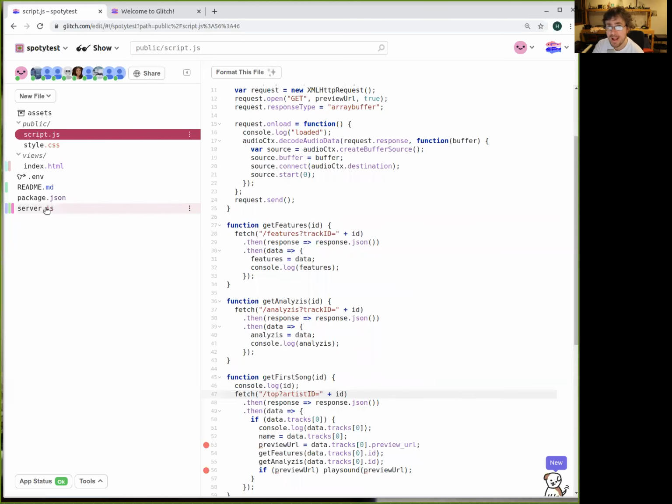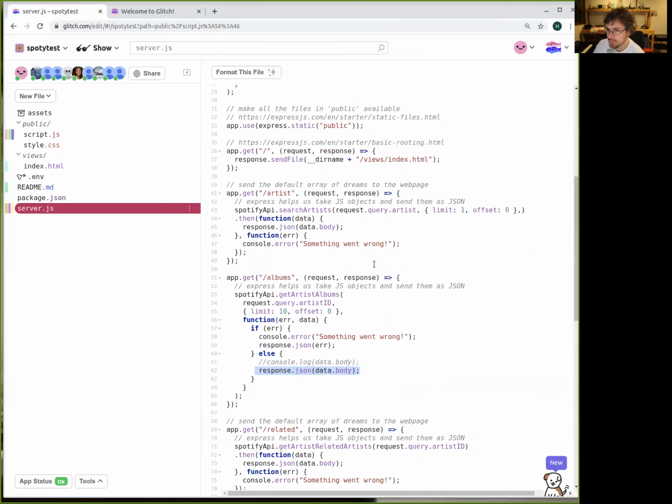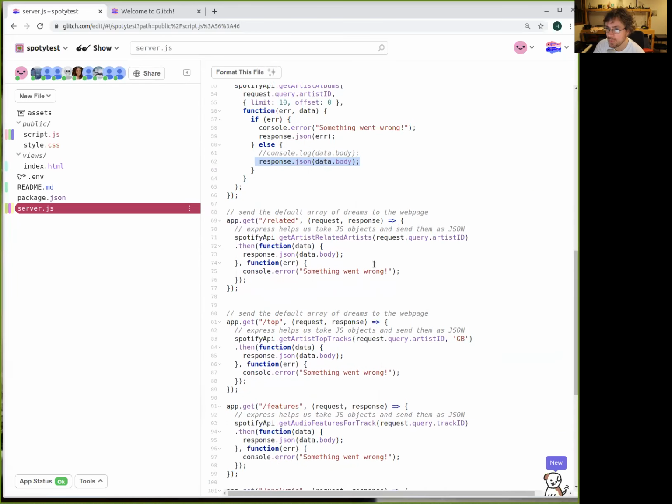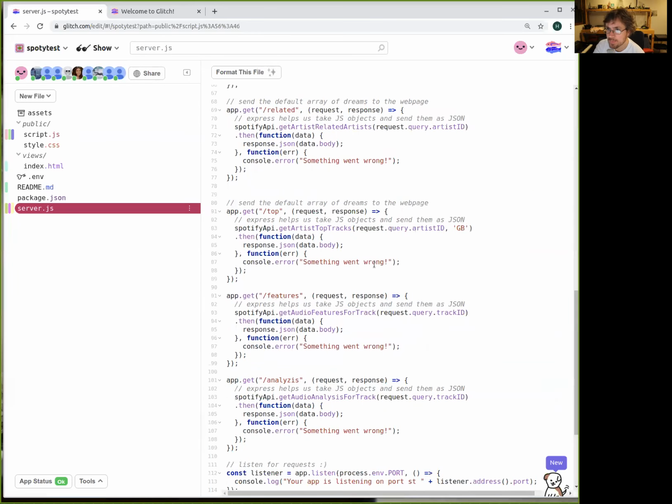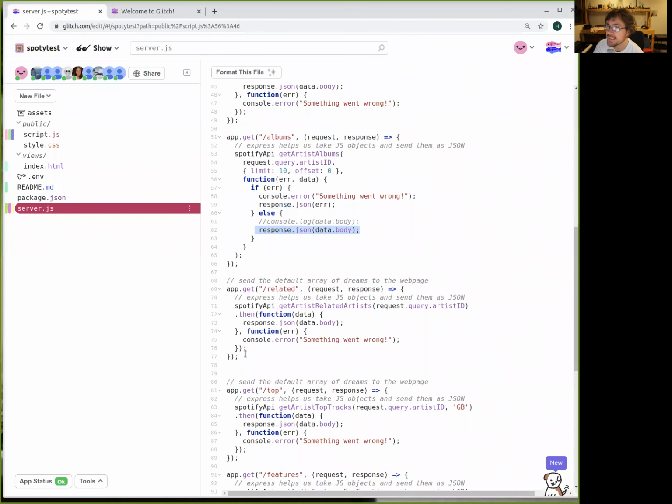But our server also has the option to get related artists. For example, I think we are not using related. You could use this one, which will be part of the assignment, to play in sequence the most popular songs of the related artists, okay? So if I